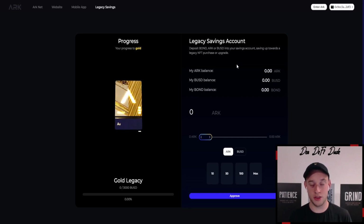Normally, you have a 13% sell tax if you sell your ARK tokens on the swap page, but if you deposit them into this legacy savings account contract, you have no sell taxes, and you can save your payouts to get one of those silver NFTs, which are again the backbone of the ecosystem, because all the funds collected through the sales of these NFTs will be used to buy all the products they need for the roadmap, the fiat on and off ramps, the decentralized VPN service, and all the other privacy network solutions which will come